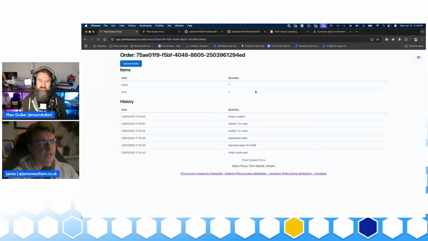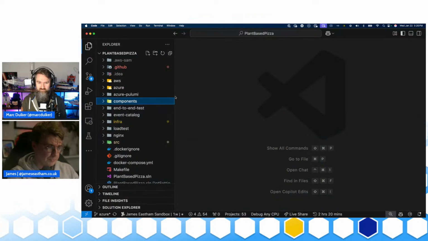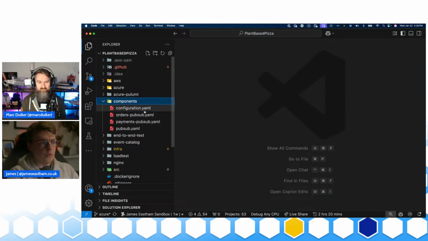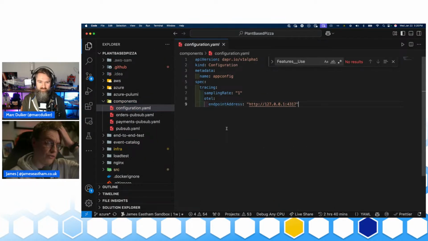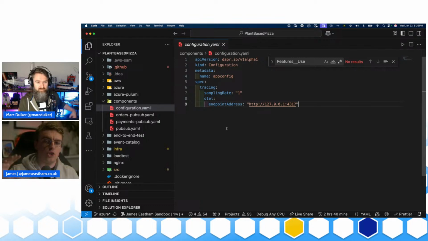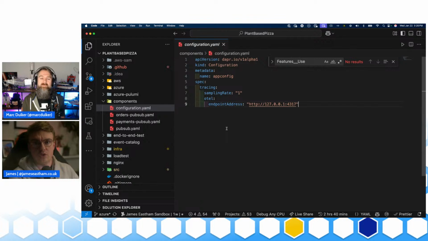So I thought I'd start with some of the really nice things that you get with Dapr for free, and where I wanted to start is around a lot of the observability stuff. One of the hardest things when building an event-driven architecture is observability, understanding how your system is working, what's communicating with what, what's causing what to run, who your upstream dependencies are, who your downstream dependencies are. In a lot of cases, there's a lot of manual work you need to do to link everything together and make everything work.